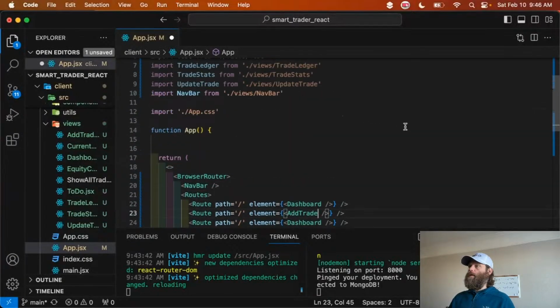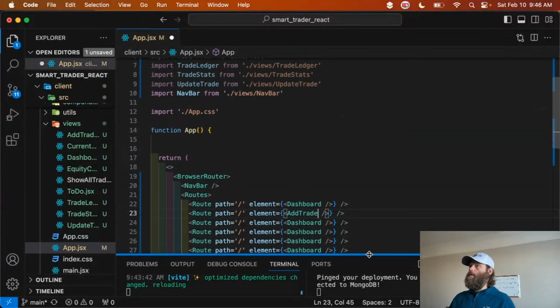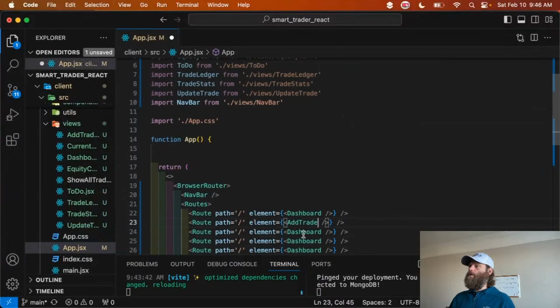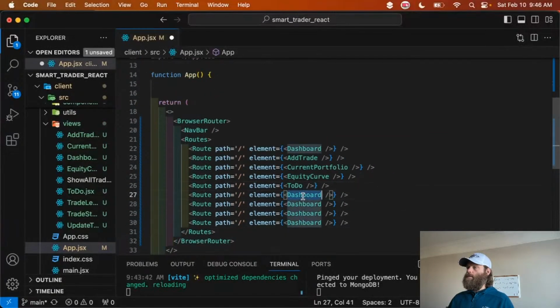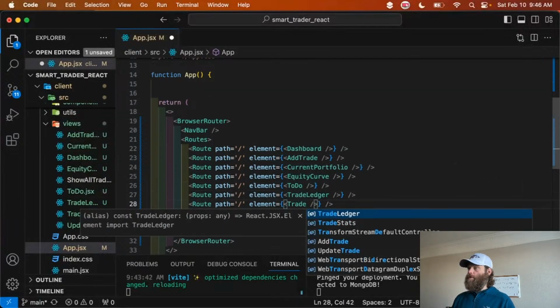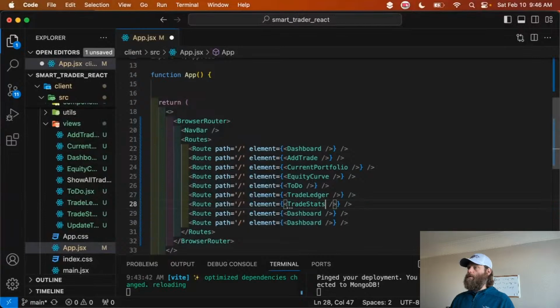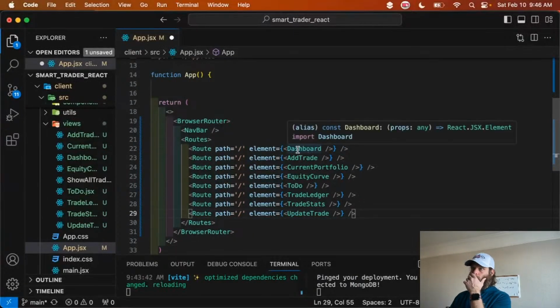Okay, we'll add trade. What do we got up here? Add trade, current portfolio. Okay, good. A little quicker. Equity curve, to do. Trade ledger, trade stats. Trade ledger. Got to make sure not to call it trade state, or that would probably trade stats. And then update trade. Okay. And we won't need this one. Okay, so